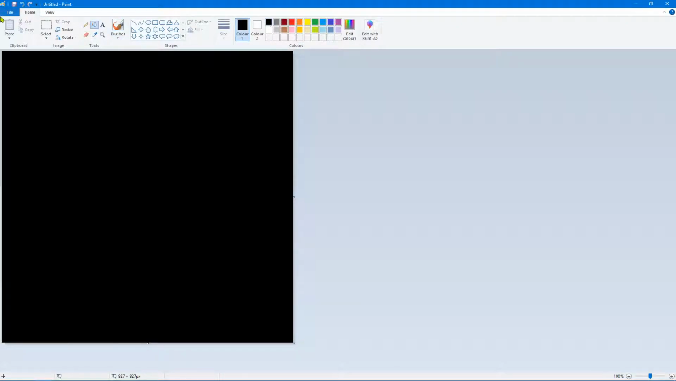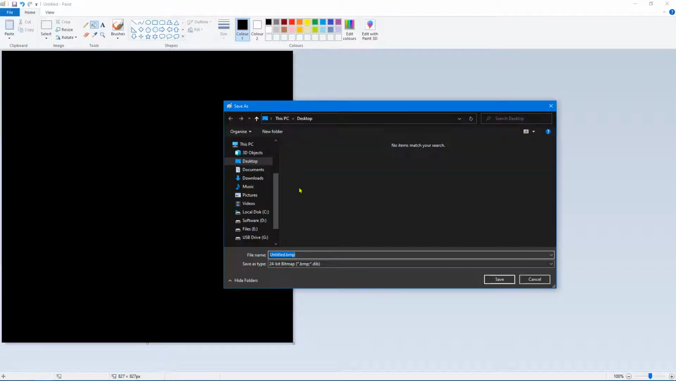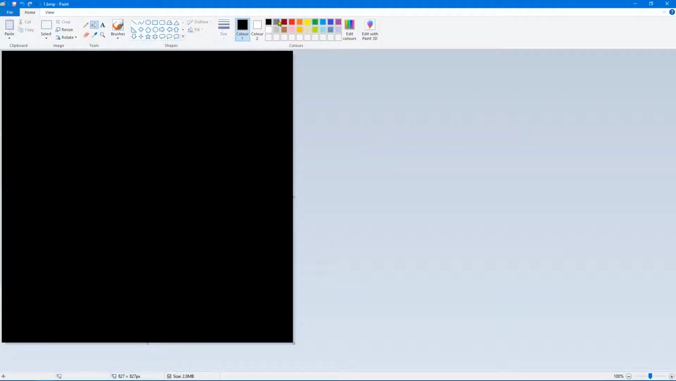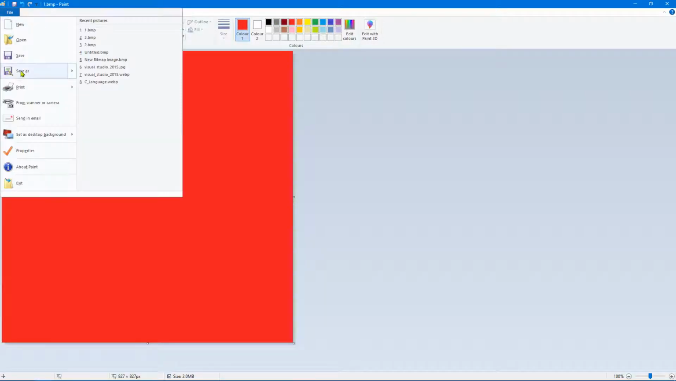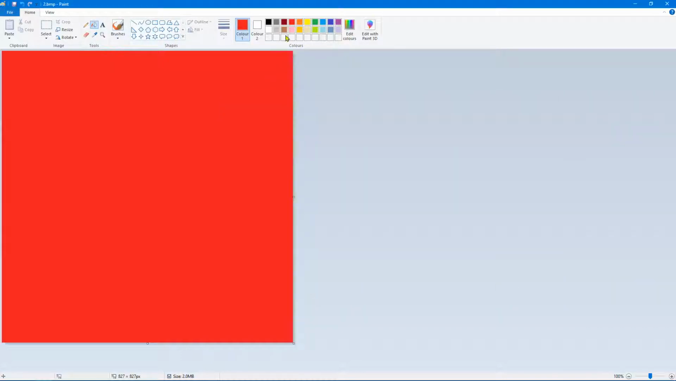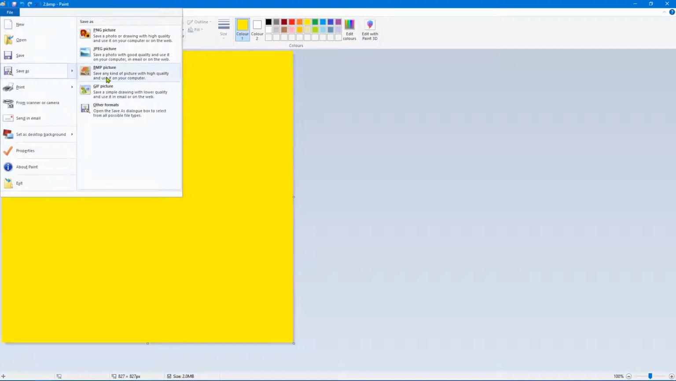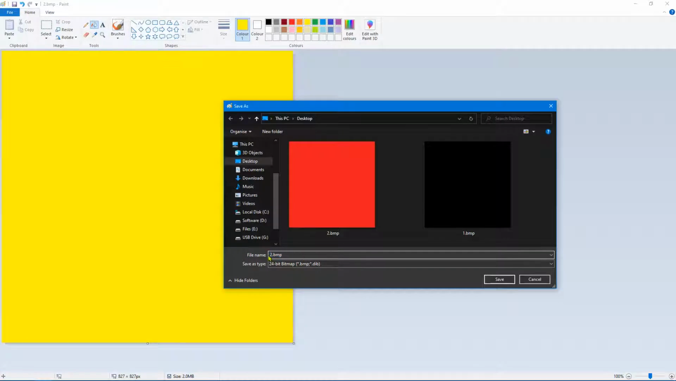So let's start off with a black image, save that on the desktop as 1.bmp. Then we'll go for red. Let's save that on the desktop as 2. Let's go ahead and create a yellow image and let's save that on the desktop too, and we'll save that